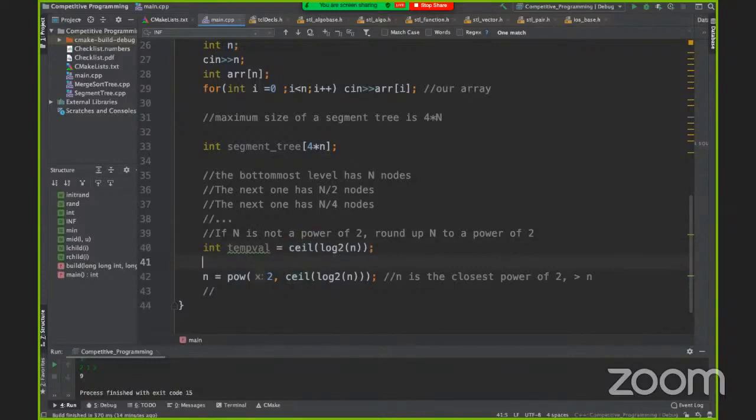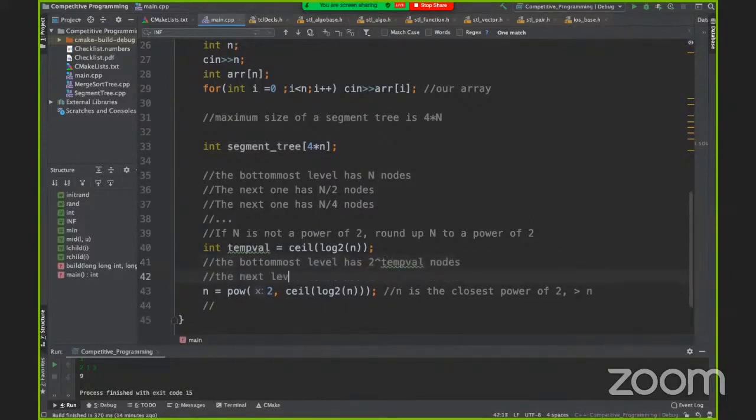Now the bottommost level has 2 to the power temp val nodes. The next level has 2 to the power temp val divided by 2 nodes, right? We discussed this here, and we can just replace that with 2 to the power temp val minus 1 nodes.